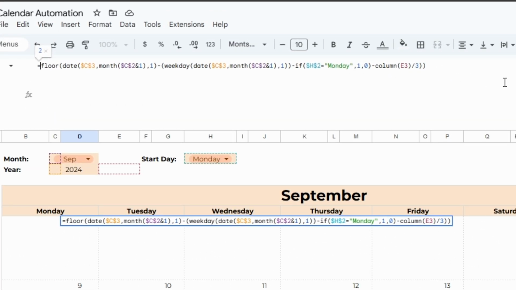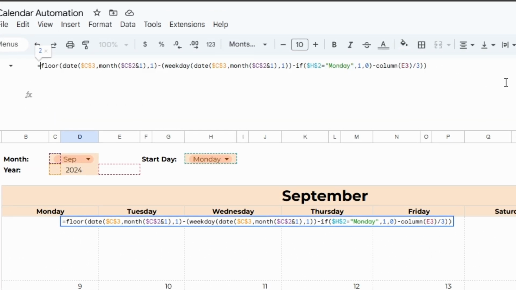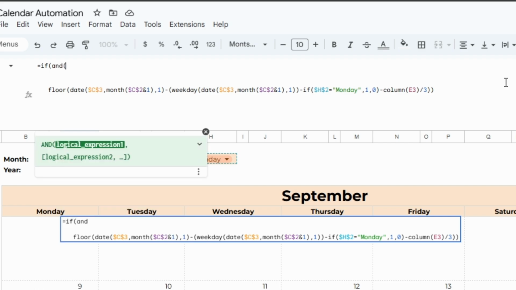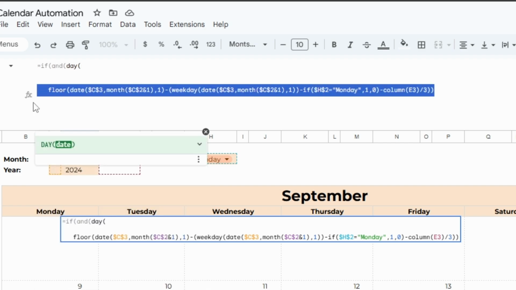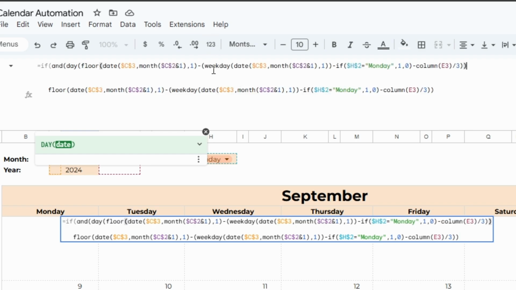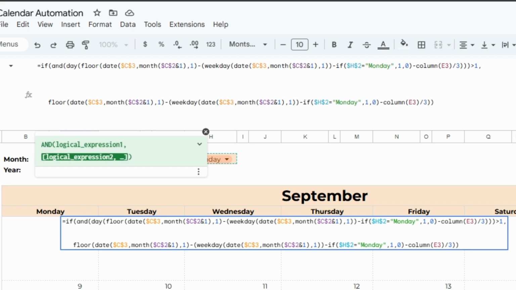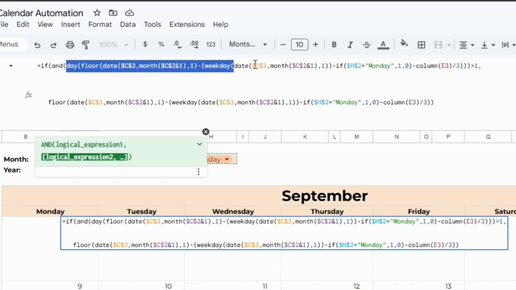So first off, this line here is going to be the last line in our formula. So let's just Alt-Enter to drop it down to around about the 4th line. We'll type if and the day of all of this. Let's copy and paste that in. Put another bracket, and it's greater than 1 because we don't see 1 in the first line here. Then hold Alt and press Enter to go to the next line. We'll take all of this